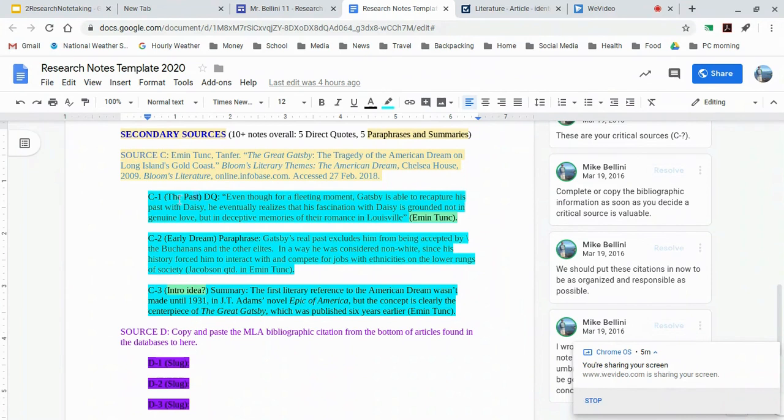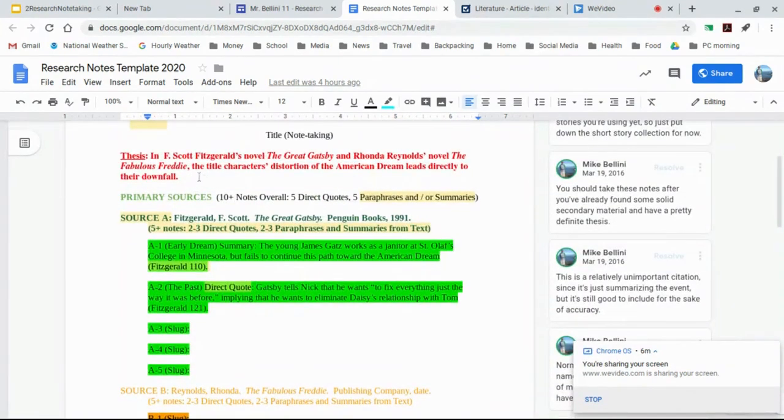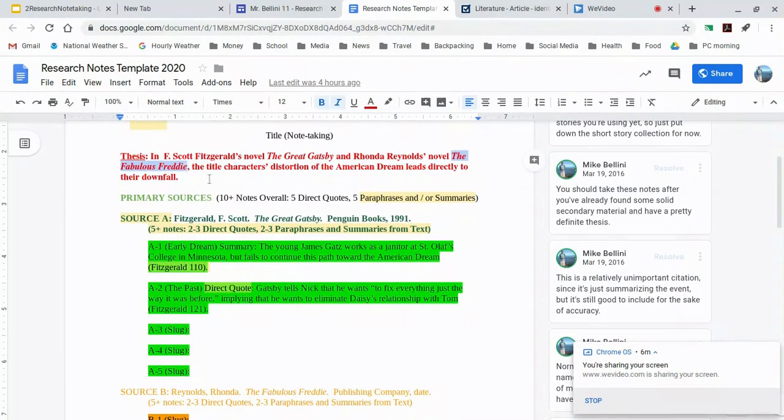The other thing that we want to include is a slug. A slug is just the topic of the card. And in the 20 cards that we have, we really should only have maybe 2, 3, 4 at the most slugs. So they should repeat. And so in the case of this paper that I'm writing about The Great Gatsby and The Fabulous Freddie, my made up novel to compare it to,